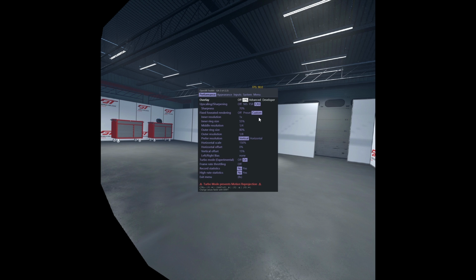The inner ring of 55% with the full resolution, a middle resolution of 1/4, and at 80% outer ring size, and last but not least, the outer resolution of 1/8, together with a preference of vertical resolution here.